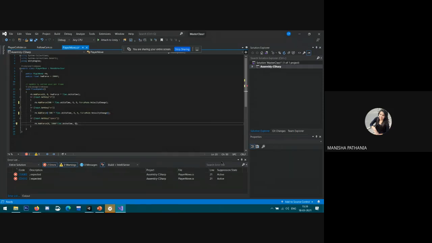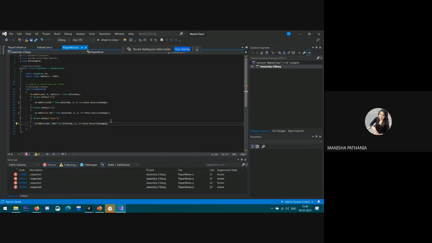And here also we need to add the fourth parameter, that is ForceMode.VelocityChange. So velocity change edits the velocity of the object. Because some non-responsiveness is there, that's why we need to add it. It ignores its mass.